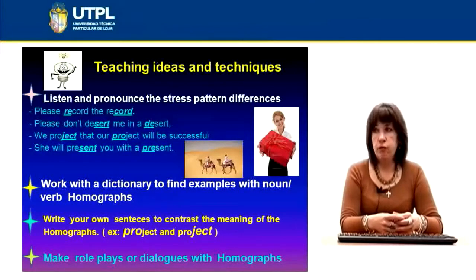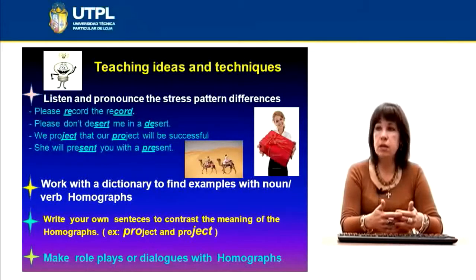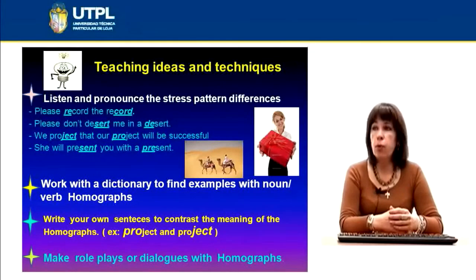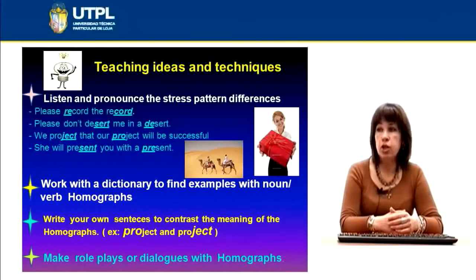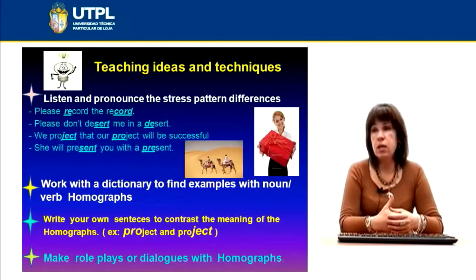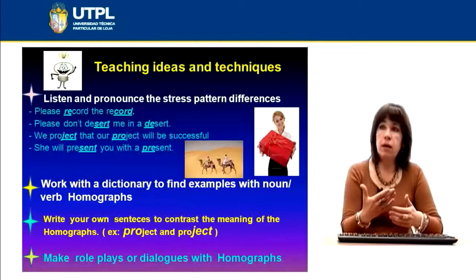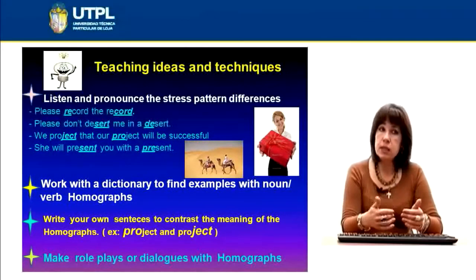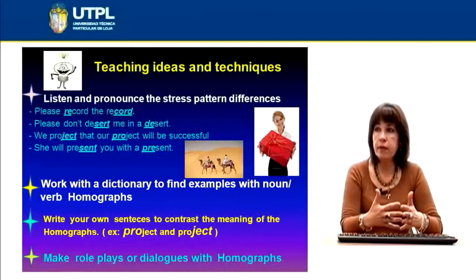Work with the dictionary to find examples with noun or verb homographs. Homographs, I repeat again, are nouns or verbs that have the same written form but a different meaning, like project and project. Well, also, you may ask students to write their own sentences to contrast the meaning of the homographs, like in the preceding exercise, listen and pronounce the words like please record the record. So you may ask your students to work with the dictionary to make lists of homographs and